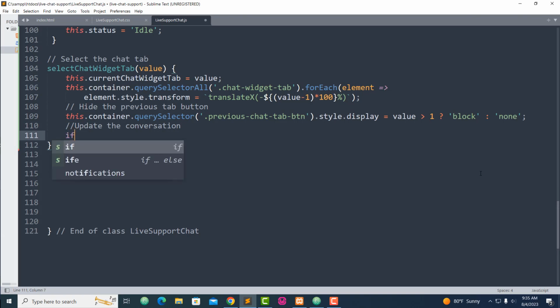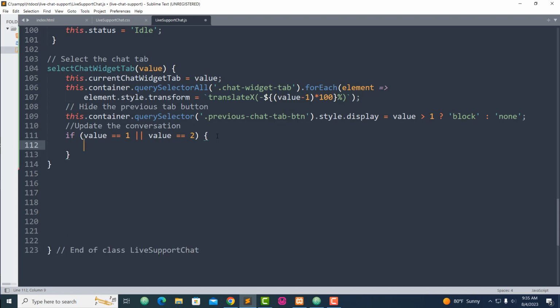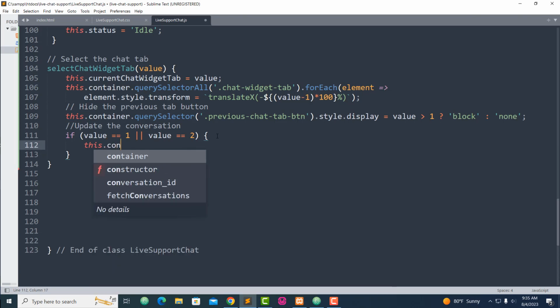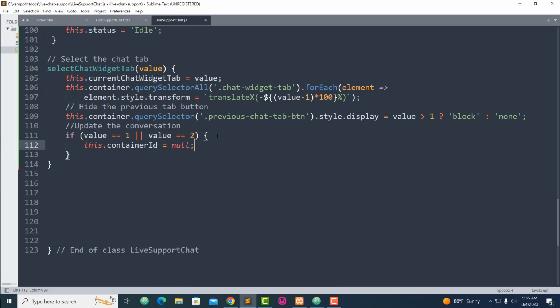And for this I'm going to say if equal to, and if value equal 1, and then value 1 equal value 2, and then this conversation ID should be conversation ID here. Okay,